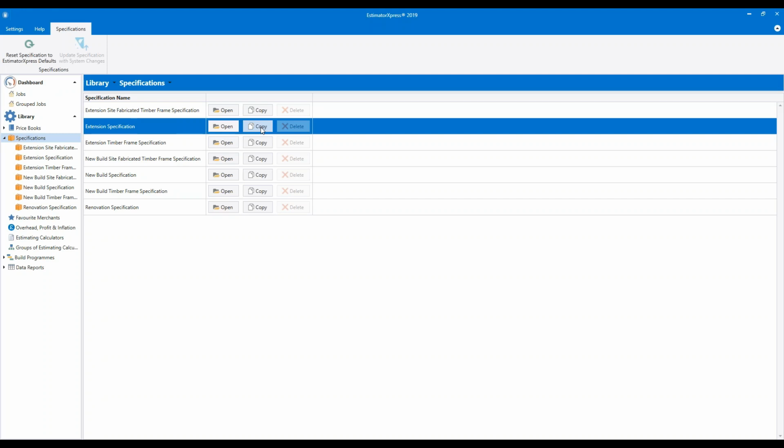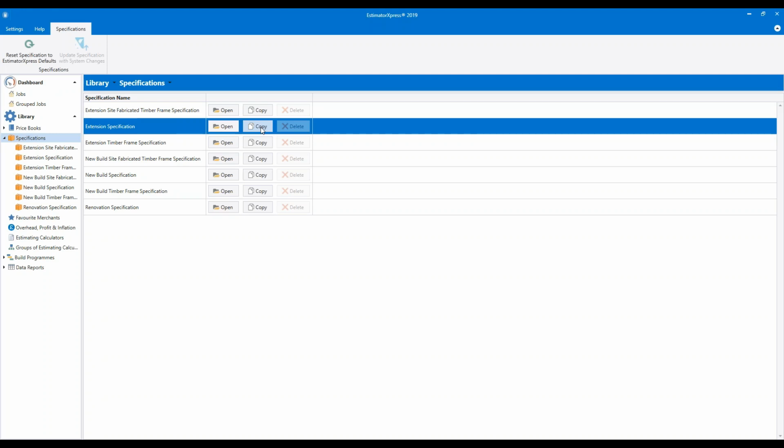Now, Steve, you've said you've only got 5 specifications. I think the specifications that are available in your software will vary slightly depending on which version of the software you're running. I've obviously got access to all of them here, but you might have a slightly different list depending on which package you purchased. If you let me know which package you bought, Steve, I'll double check with the tech guys that you've got the right specs there.